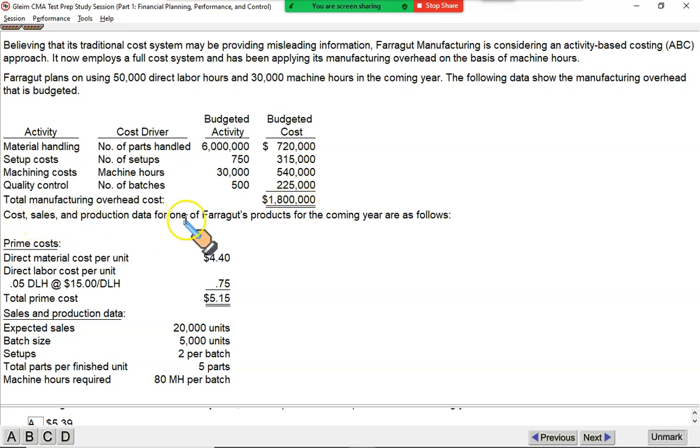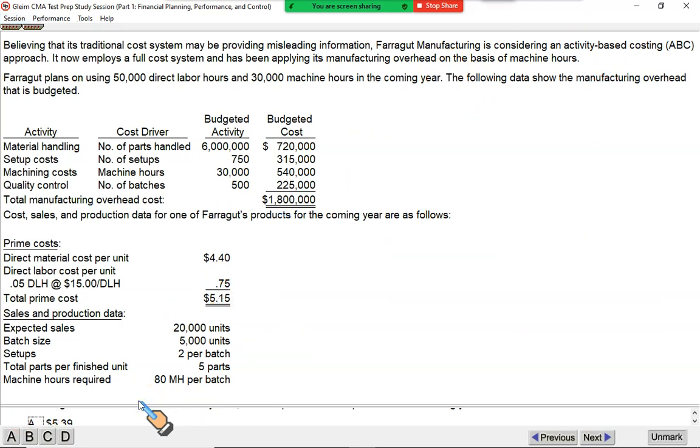Cost, sales, and production data for one of Farragut's products for the coming year are given as follows. Direct material 4.4, labor 0.75. We are never bothered about material and labor. They are directly traceable. The problem comes when we have to transfer this indirect cost to the end product. Using the traditional system,